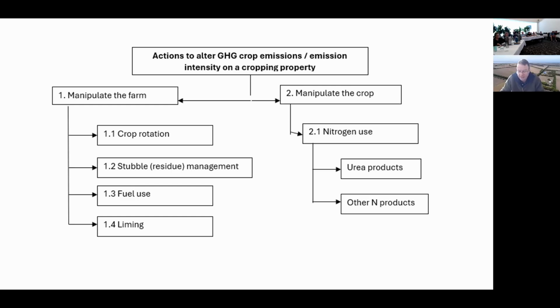And so manipulating the farm, you've got obviously your crop rotations and how you use that, how we manage our stubbles, a little bit on fuel, a little bit of liming. I've only put those up because they're sort of the bigger ticket items, along with nitrogen use in manipulating the crop. So I should have said the ones I put up for the livestock as well, I didn't include everything in it. You'll notice I didn't bother about things like fuel and stuff in the livestock side of it because it's tiny when you do your calculation.